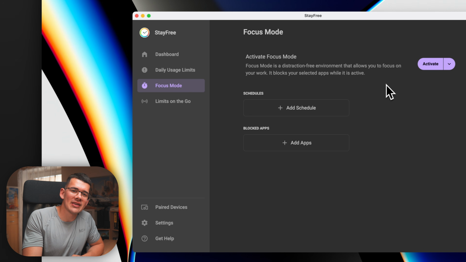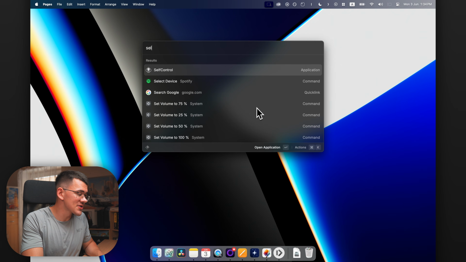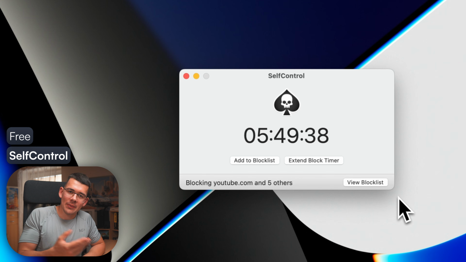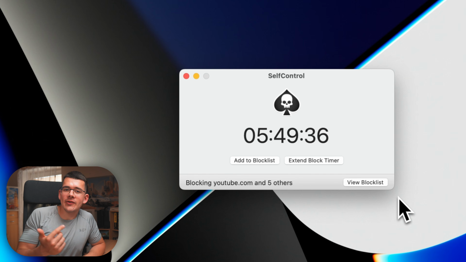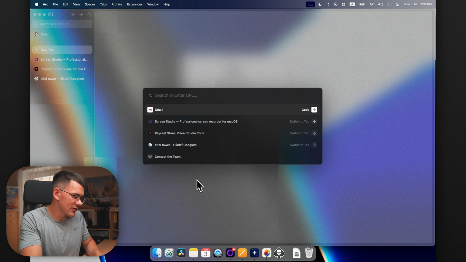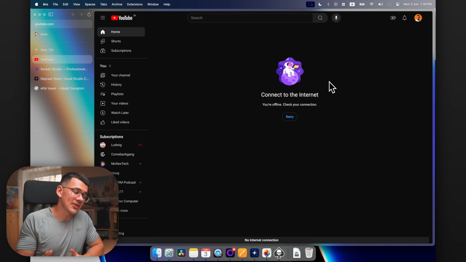But if this doesn't work and you're not mentally strong enough to actually block yourself from looking at apps like this, there is a second alternative, which is called SelfControl, and this is a really hardcore application. You give a few websites to this app, let's say YouTube, Instagram, X, or Twitter, you place them on a block list, and now you cannot get to them. I have had YouTube blocked for like 2 days because I was just getting addicted to it, watching useless videos, and now when I try to open up YouTube on my actual browser, you can see that it opens the website, but it will actually disconnect it from the internet,